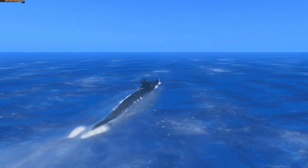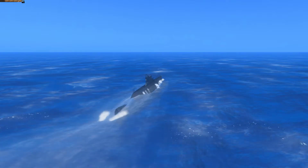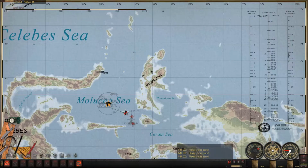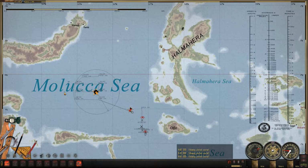We are slowly heading toward our new patrol area, and as you can see, the waves are a tad choppy, and there's a lot of fog out. It's a little foggy as well. We are making our way inward in the Molucca Sea, and we've set up our patrol area in this kind of quadrant. I might reposition it more to this side, because after looking...